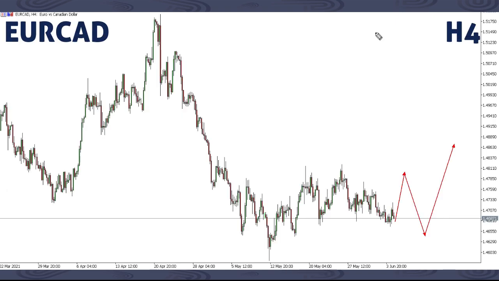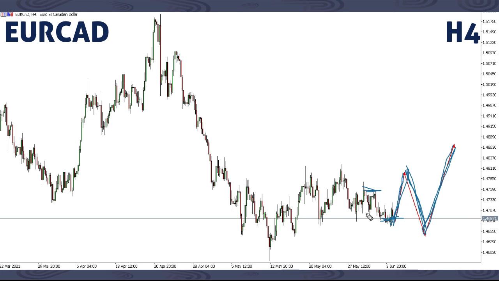This is EURCAD. For EURCAD, we can expect an up move like this, breaking this previous high, and then from then we can be getting a drop like this. This drop is expected to break this previous low, and then we can be looking forward for an up move like this. It's not going to be a big up move, because how structure has been developing, it shows that